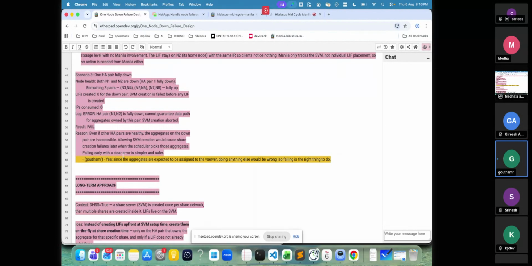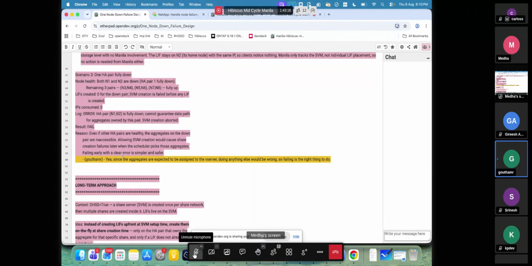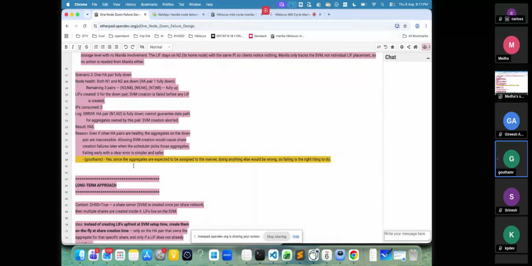I am not sure the second long-term fix really optimizes much for Manila itself, but sure, it's something the driver can be enhanced for. I don't see a big difference as far as Manila is concerned, because you are still going to request a particular number of port assignments, and Manila will go out and get you those port assignments.